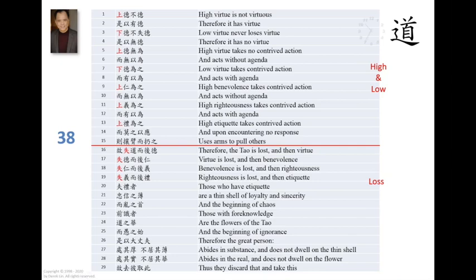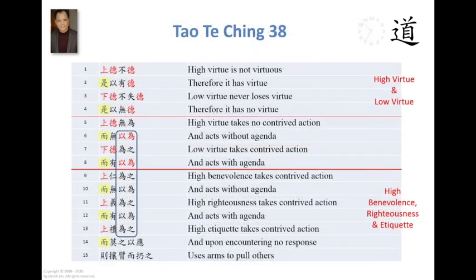To continue with the recap, after we broke it down into two halves, we focused on each half individually. In the first half, from line 1 to line 15, we were able to do further analysis to break it down even more. The top half itself can be divided into two, because from line 1 to line 8, it's all about high virtue and low virtue, an important concept. We talked about it last time. We were able to complete our discussion of high virtue versus low virtue, what it meant,